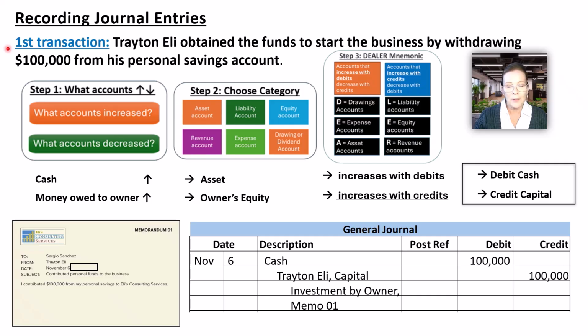For the first transaction, Trade and Eli obtained the funds to start the business by withdrawing $100,000 from his personal savings account. Now, before accountants record an entry in the general journal, they analyze the transaction and examine the supporting documentation. The supporting documentation for the $100,000 contribution is a memorandum from Trade and Eli to Sergio Sanchez. Additional documentation might be the deposit into the business's bank account and legal documentation that shows Trade and Eli gave